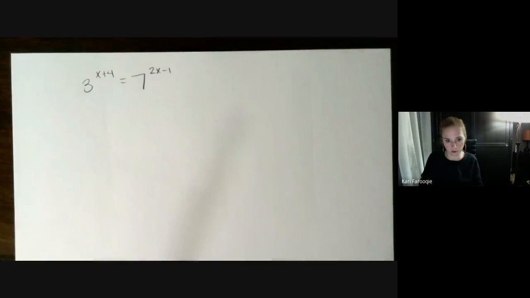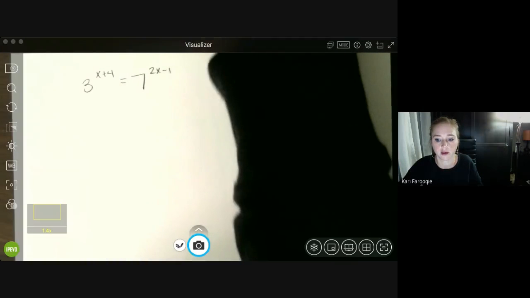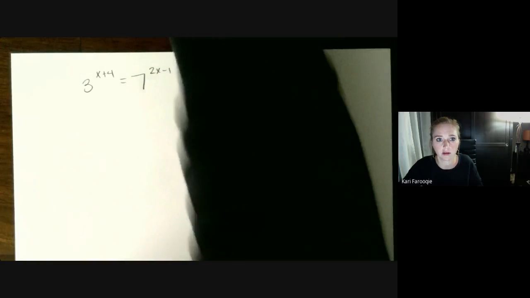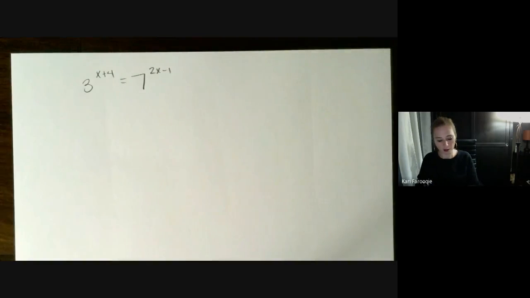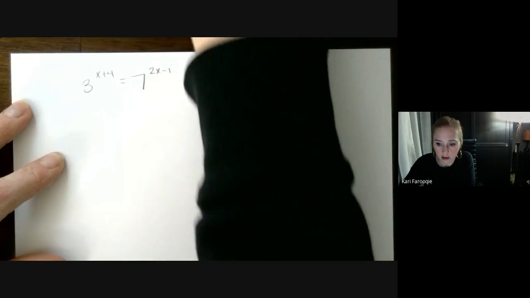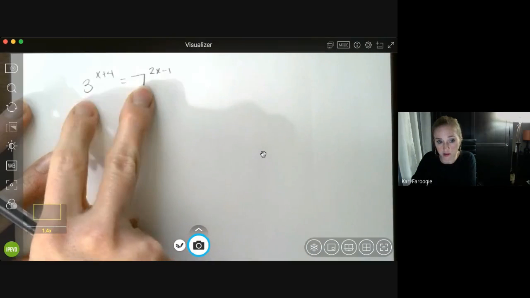3 to the x plus 4 equals 7 to the 2x minus 1. Looks like we have 9 correct responses. Excellent. So what, a third of you? More. Okay. When you're solving an exponential equation, if you can't equate the bases, which in this case you can't,